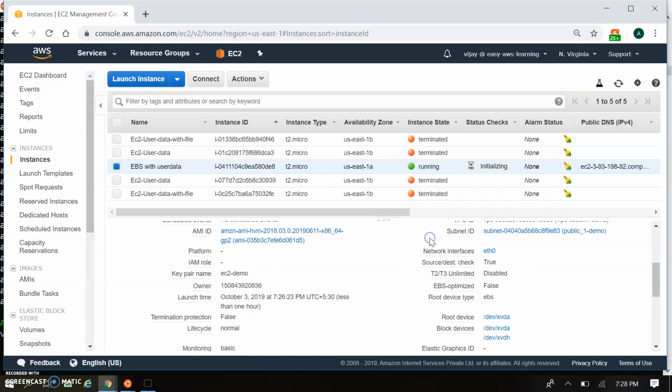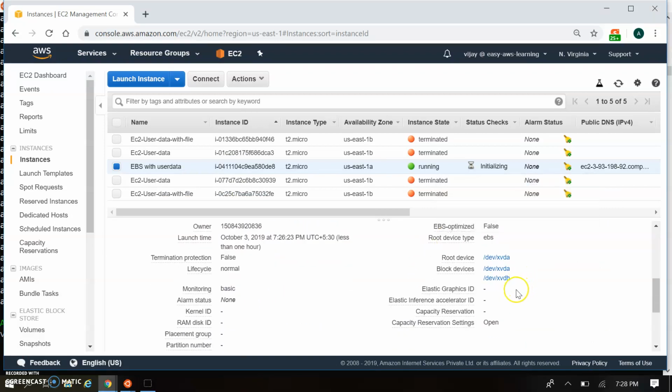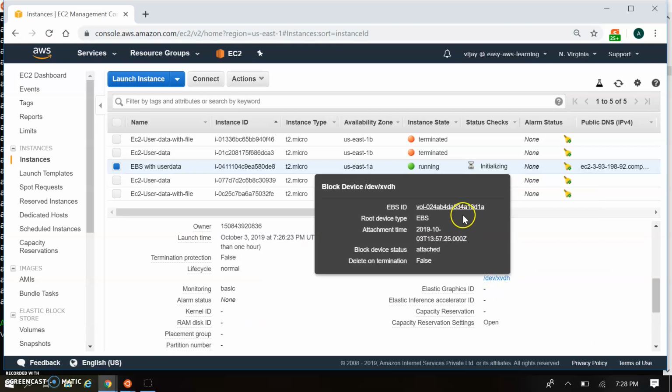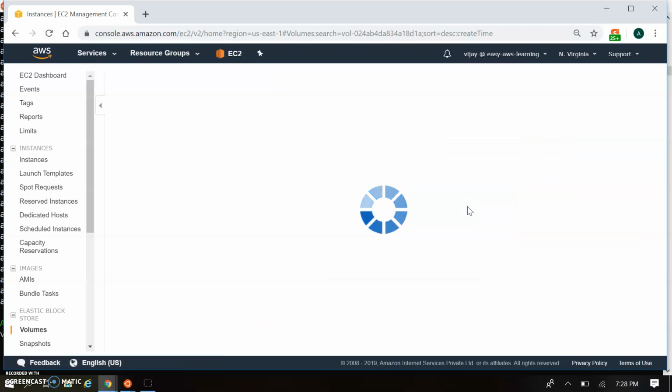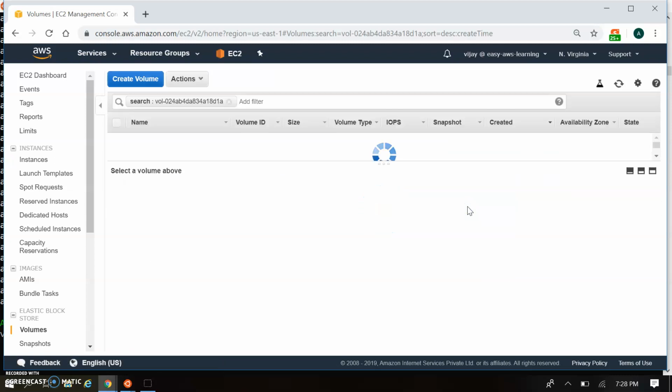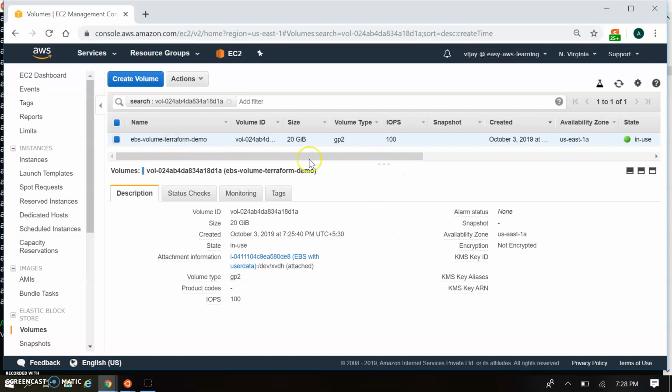So let's have a look over the console. The volume is created. This is the block device xvdh, which we created. Let me go to the EBS console, and here you can find that this is our custom Terraform volume. It's created with 20 GB size and it's in use.